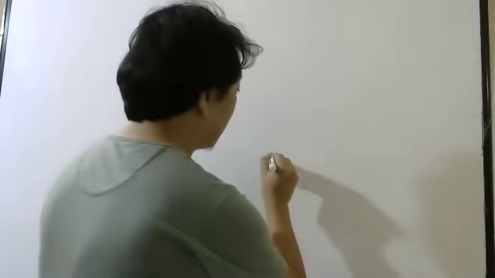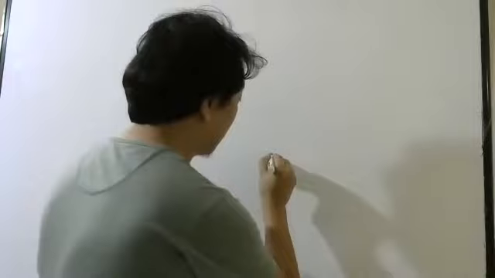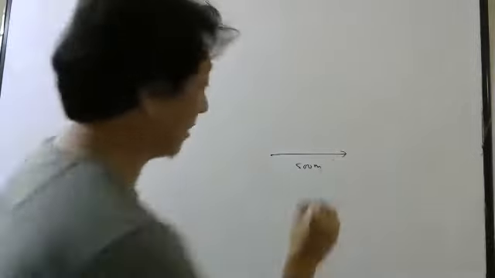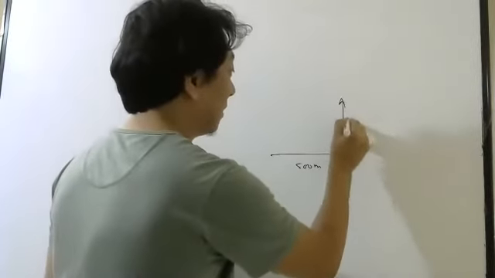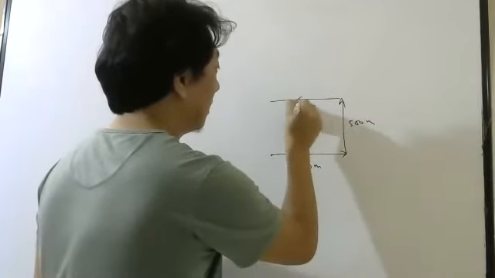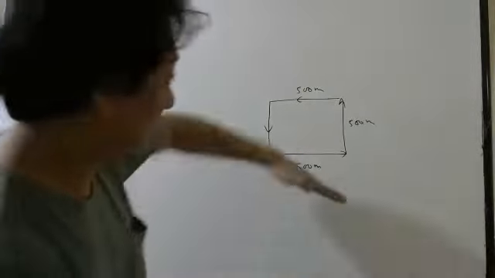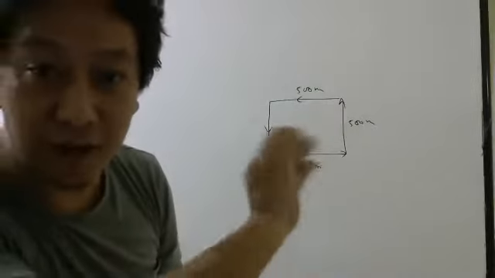So which are the important things I should remember? After 500 meters, he is turning towards left by 60 degree. Now let me tell you an easy one. Suppose he is turning by not 60 degree, but 90 degree. How will the path look? After starting from here, let us say he travels 500 meters and takes a left turn of 90 degree. So 90 degree means like this, no? Then after 500 meters, 90 degree. Again after 500 meters, 90 degree. So it will look like a square, right? All the time he is turning towards left only.